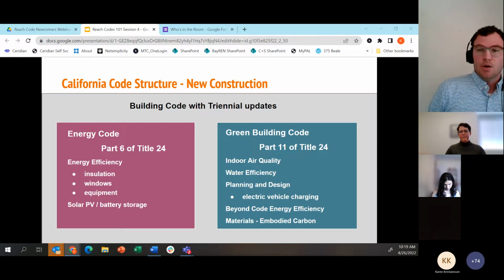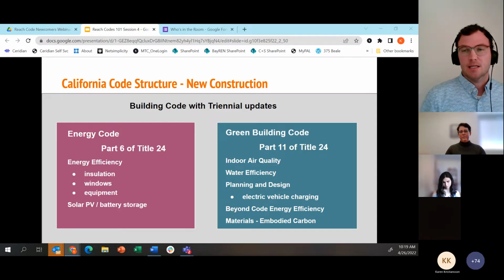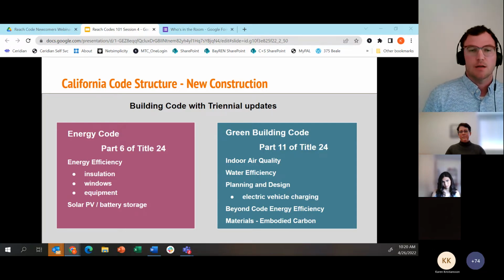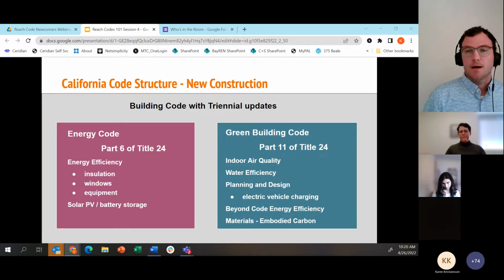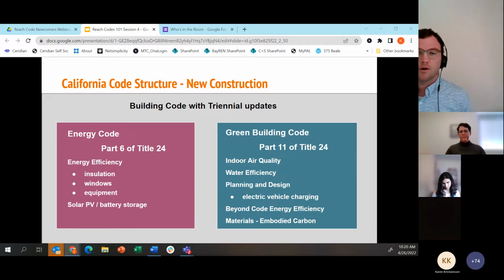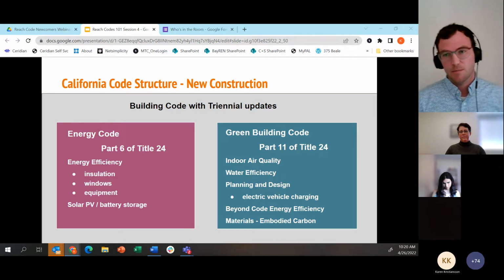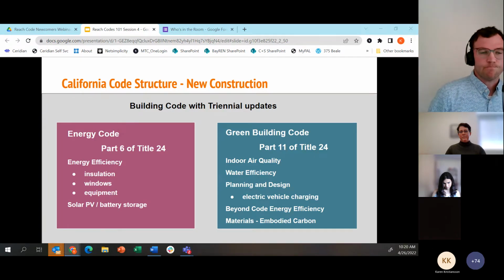And so the Green Building Code was created in response to that law, and it contains both voluntary and mandatory measures. The measures are summarized here on the screen: indoor air quality, water efficiency, planning and design, some additional components of energy efficiency, and material conservation.